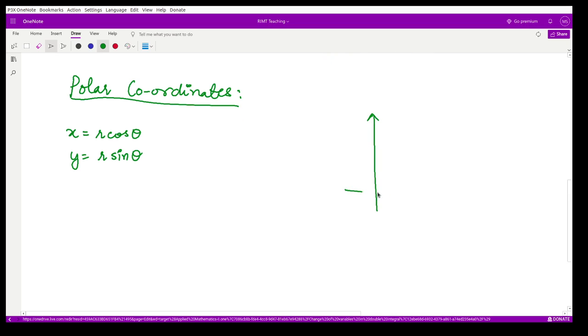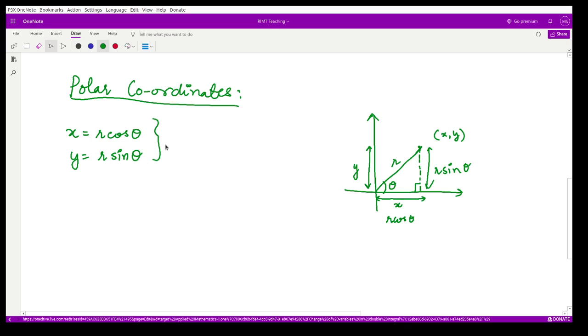So I can show them to you also. Suppose this is some point x comma y in the Cartesian plane, and this distance is r, this angle is theta. So from here to here, what is the distance? This distance is x, and if you use trigonometry, you complete this triangle, and because this is 90 degrees, this is equivalent to r cos theta. So your x is equal to r cos theta, and similarly this line is equivalent to r sin theta using trigonometry. And this distance is equivalent to this distance, and actually this is y and this is r sin theta. So that is how you obtain these values. Okay.